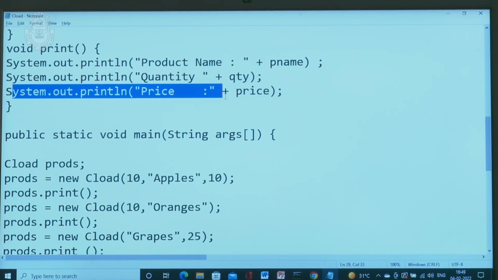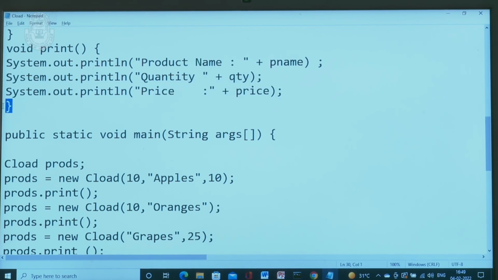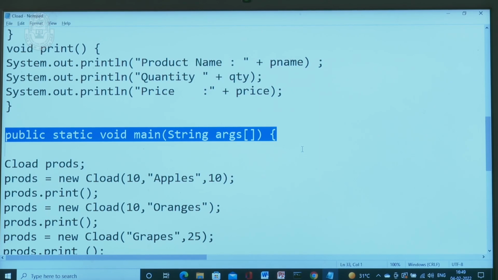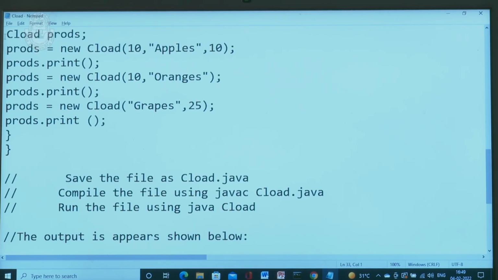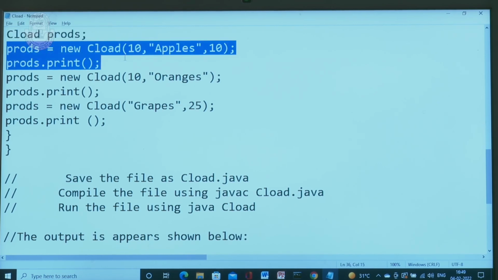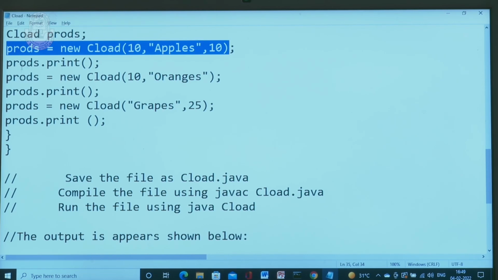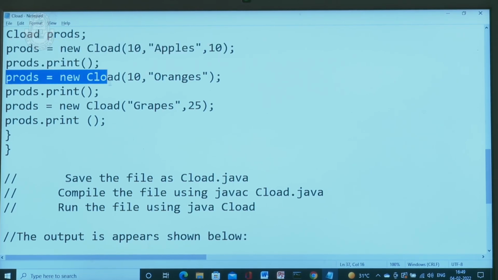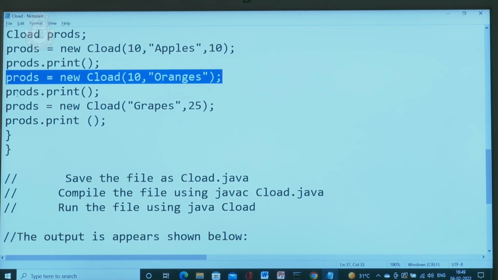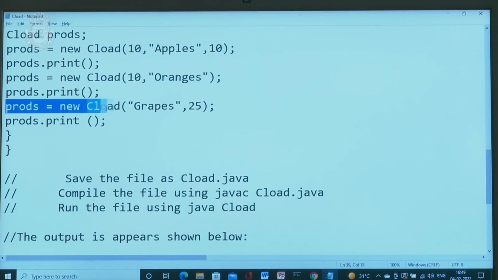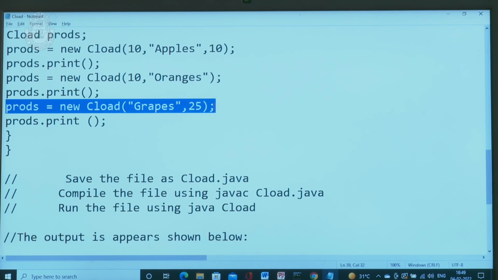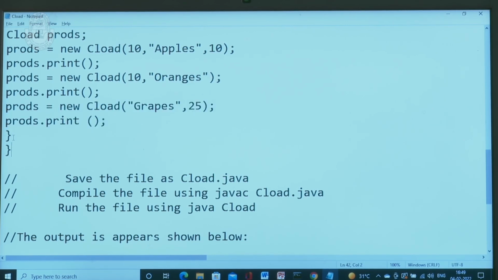void print() { System.out.println("Product name: " + pname); System.out.println("Quantity: " + qty); System.out.println("Price: " + price); } Main function: public static void main(String args[]) { cload prods; prods = new cload(10, "apples", 10); prods.print(); prods = new cload(10, "oranges"); prods.print(); prods = new cload("grapes", 25); prods.print(); }